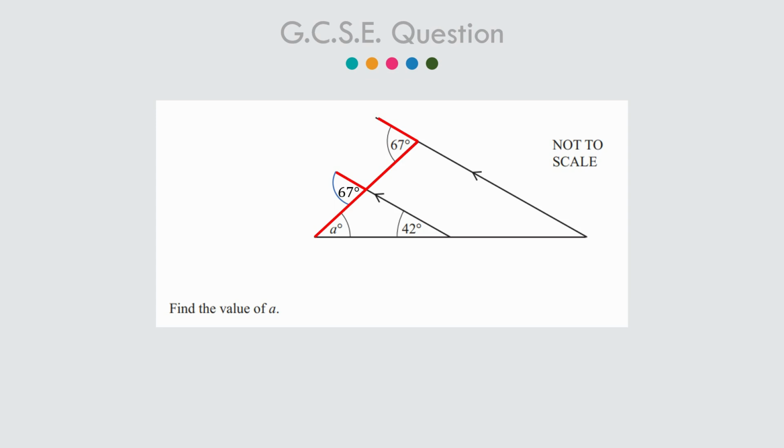also be 67 degrees. Now you should be able to see that this angle is on a straight line, so we can now calculate the angle inside the little triangle at the bottom. 180 degrees minus 67 degrees gives us 113 degrees. Finally, we can now calculate angle A. To do this, we take 180 degrees and subtract 113 plus 42 degrees, and that gives us our answer, 25